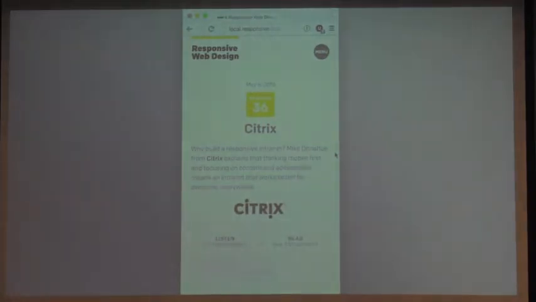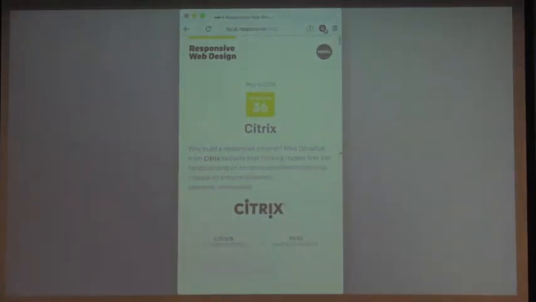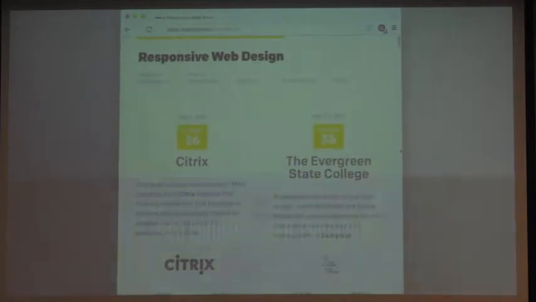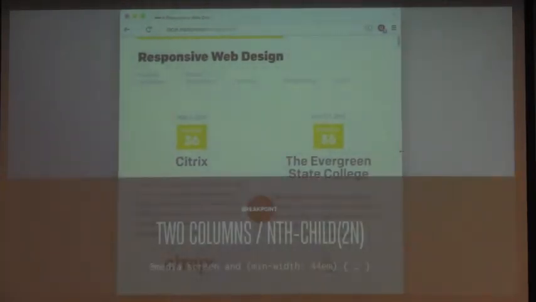But then as I widen the design a little bit more, I can use media queries to actually articulate how the design needs to adapt at certain breakpoints. So at a width of around 44 ems, for example, I can move to a 2-column layout. And I'm doing so by using an nth child 2n and 2n plus 1, sort of similar to what we